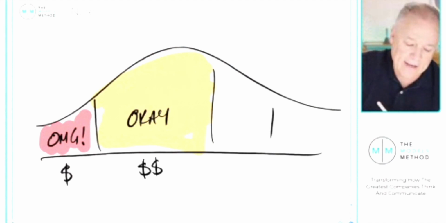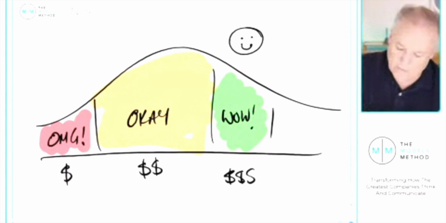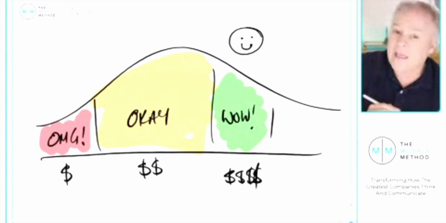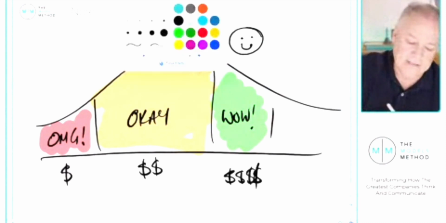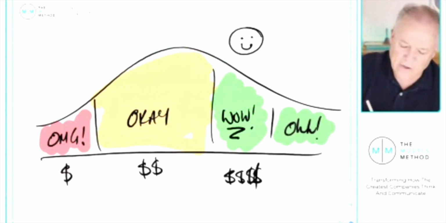Then there's training up here in the light green zone that is wow. It's going to have a lot of happy sheets from staff, and people charge quite a price for that. Who would want that kind of training? And everybody put their hand up. And I go, okay, but there's another level above wow, isn't there? Everyone's going, yeah, but what is it? It's the level of, like wow is a narcotic, it's a drug. Oh, is this deep,